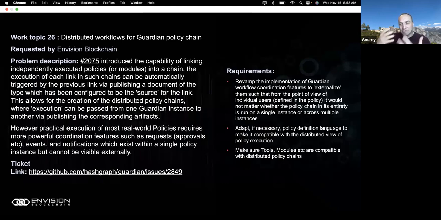However, the actual real-world complexity of policies and the ability to maybe deploy a distributed Guardian policy require more tooling, mostly to do with the workflow coordination across the Guardian instances. And we've got these tools within a single Guardian instance, notifications, status updates, and so on. So you could see it in the UI. But what we need to do is to adapt those to work across multiple Guardian instances. And this is what this ticket targets.